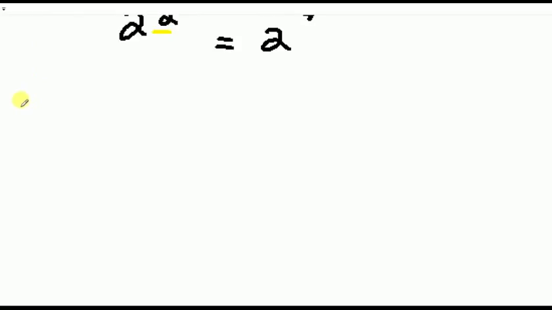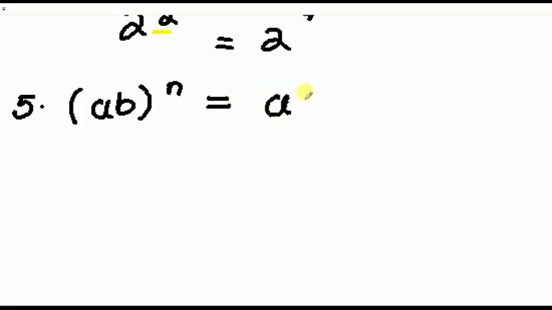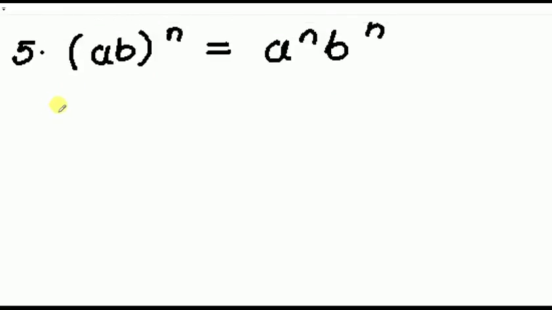So let's get to the fifth rule of the day, which is (ab) all to the power n is equal to a to the power n and b to the power n. So let me try to explain to you how we came up with this one. (ab) to the power n is equal to